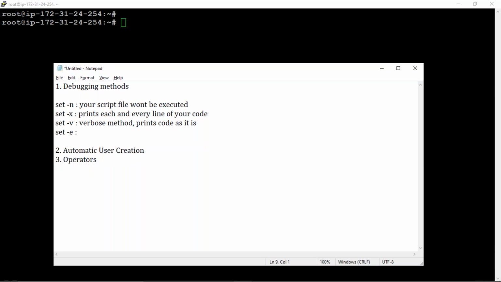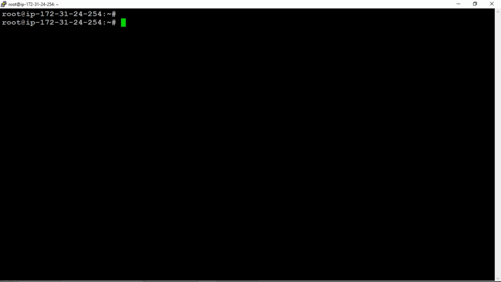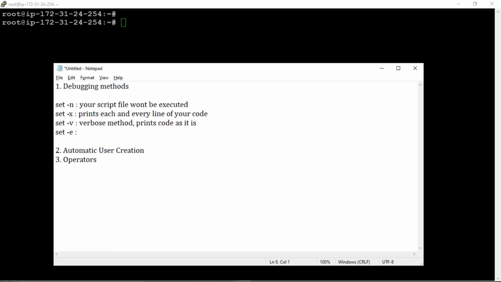So by using some conditional statements, we can practice on that. So here, what are the operators we are having, or what are the conditional statements?